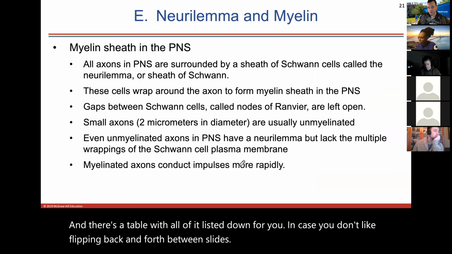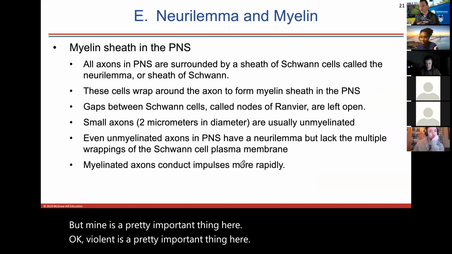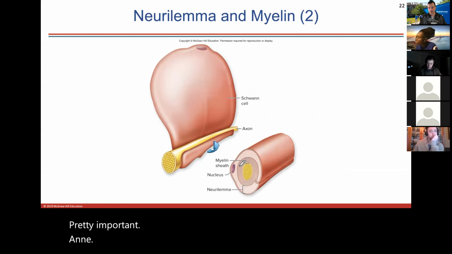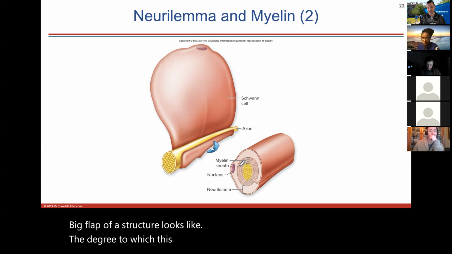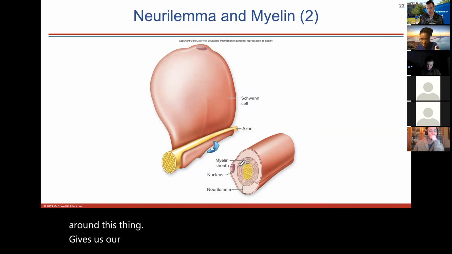But myelin is a pretty important thing here. So understanding a little bit about the neurolemma and that layer of fat is pretty important. And if you kind of unwrap that Schwann cell, there's what that big flap of a structure looks like. Okay? The degree to which this thing extends, cytoplasmic extensions wrapping around this thing, gives us our myelinated appearance to